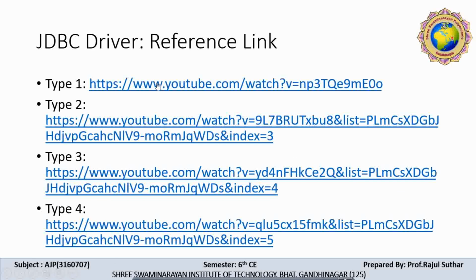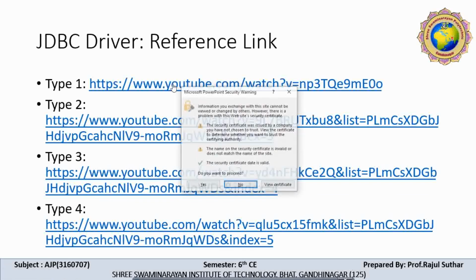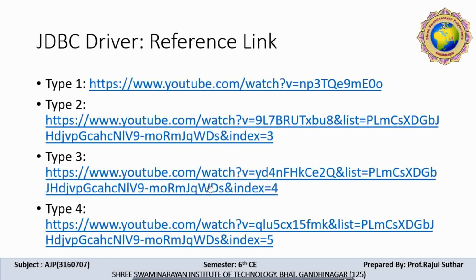Here are some important links related to your drivers. If you want to study details about type 1 driver, type 2 driver, type 3 or type 4 driver, simply click on this link. This link is also available in your classroom. Let me check the link.